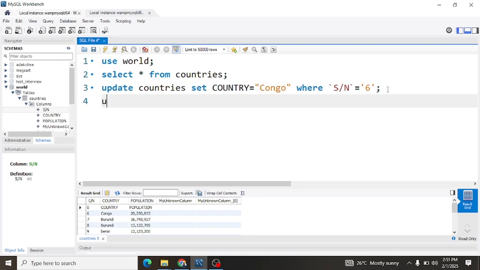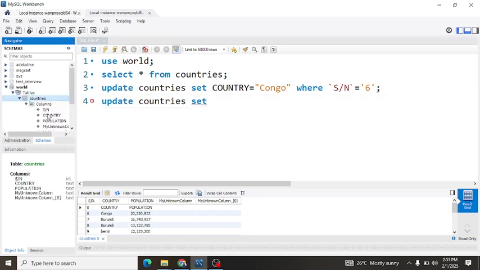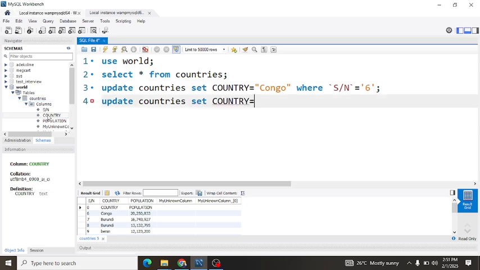Okay, so I'll say UPDATE. It's the same thing I'm going to do. UPDATE country, that is the name of the table. SET what? The column name, which is country. SET country equals, let's change it to Ghana, please. Ghana is a country in West Africa. So let's change it to Ghana, WHERE serial number